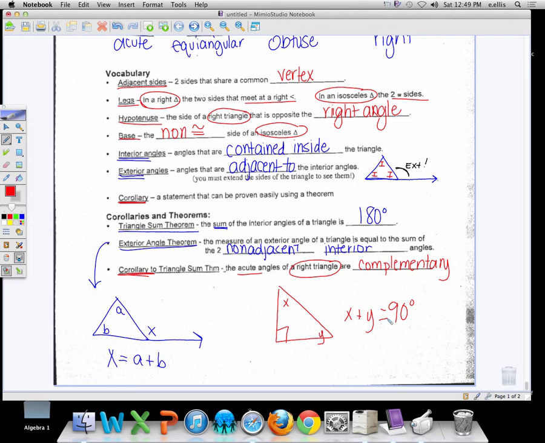So there's a lot of different new terms, new classifications, new angle relationships that we're going to be looking at today. Okay. So let's try out some examples so you know how to